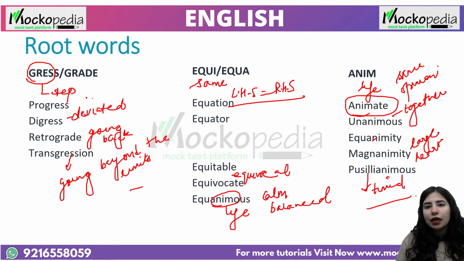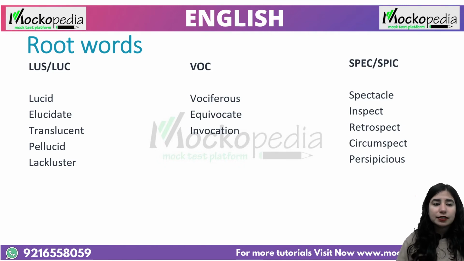Or if you know somebody like Lord Buddha, I can associate equanimity, right? That's what he taught, that you should not get disturbed when the situation is not friendly. So I would associate, right? I would relate. The moment you start relating, you'll find that your perspective towards learning vocabulary would change, and there would be a complete transformation, and that's what we are aspiring to, right? So let's further proceed and learn some more roots. So I'm sure you're going to learn a lot of words in this video, and it's going to be really beneficial for you. So LUC, which is for light.